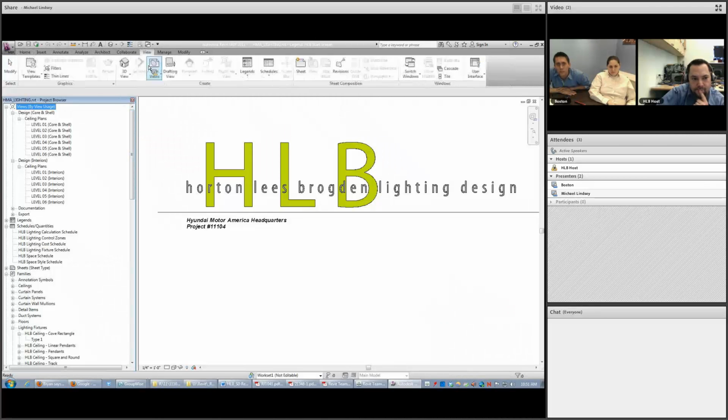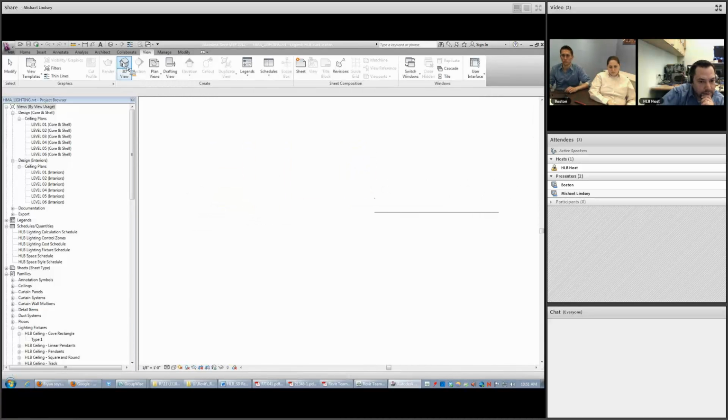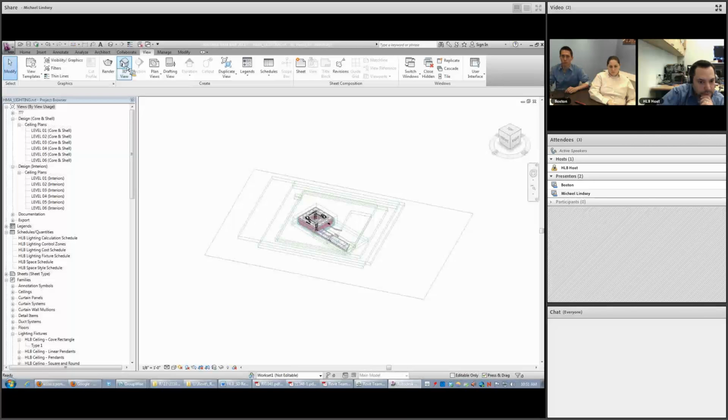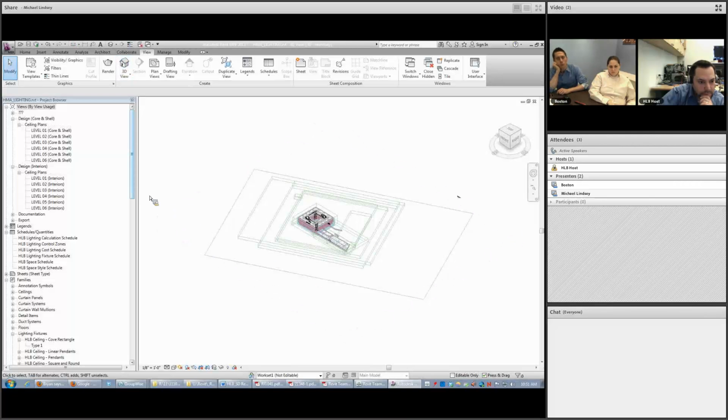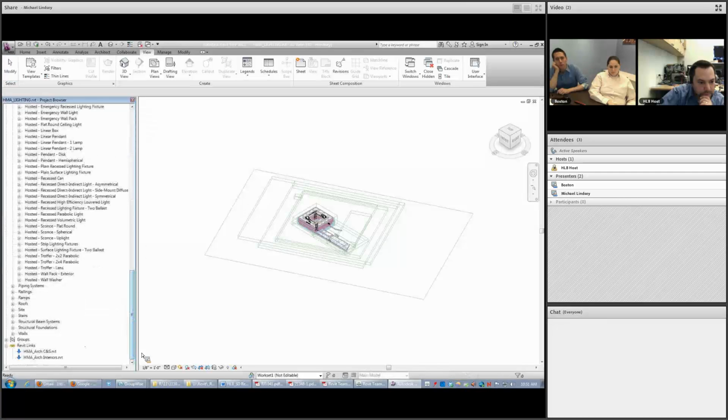So to give a quick overall view of the project, as I've mentioned before, it's a little unique in that it's actually being handled in two separate drawing packages. There's an interiors package as well as a core and shell. So in essence, we have two Revit models, as you can see down here on the left, that are being updated. And obviously both of those play together and create this one rather large building.